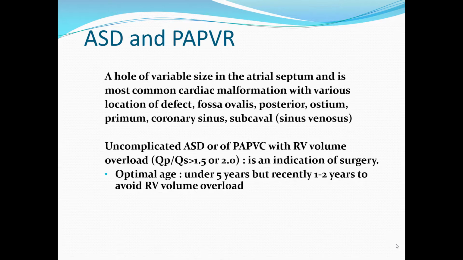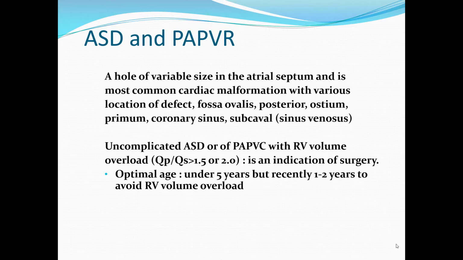What we mean by QP:QS is the ratio between the pulmonary blood flow and the systemic flow. If the pulmonary blood flow is 5 liters and the systemic flow is 3 liters, this means that the pulmonary flow is higher. These measures can be done through cardiac catheterization. So if this ratio between pulmonary flow and the systemic or arterial flow is more than 1.5 or 2, it is